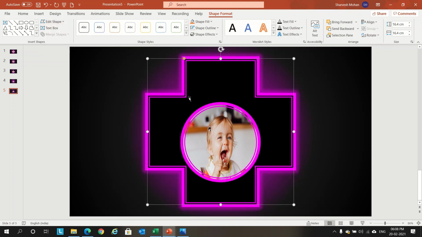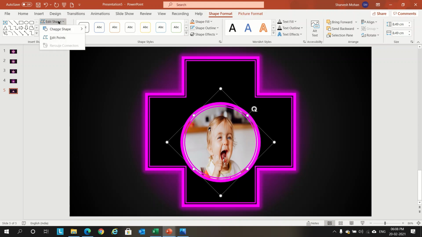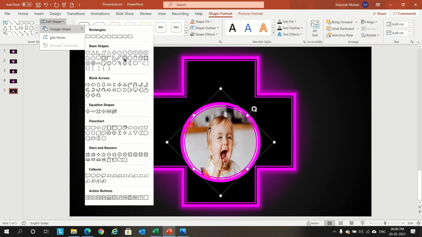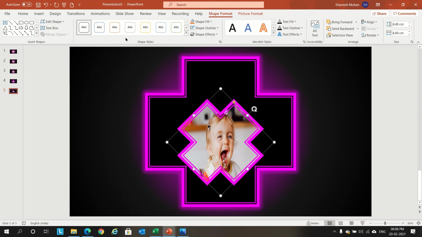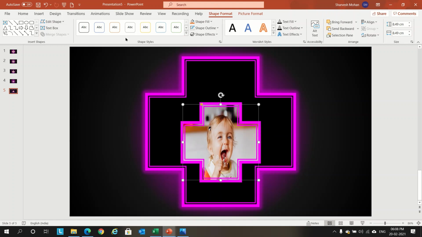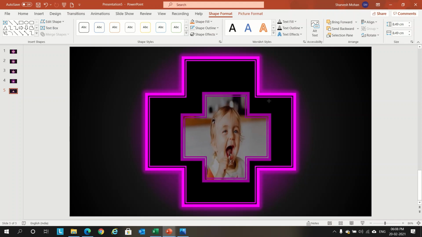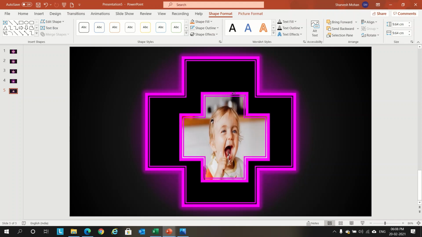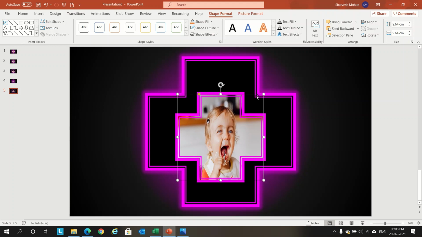We'll click on this one, again right click, Shape Format, Edit Shape, Change Shape, and select the same. This one again we'll tilt if required, Alt button 3 times, and if required we can increase the shapes like this and put it in the center.